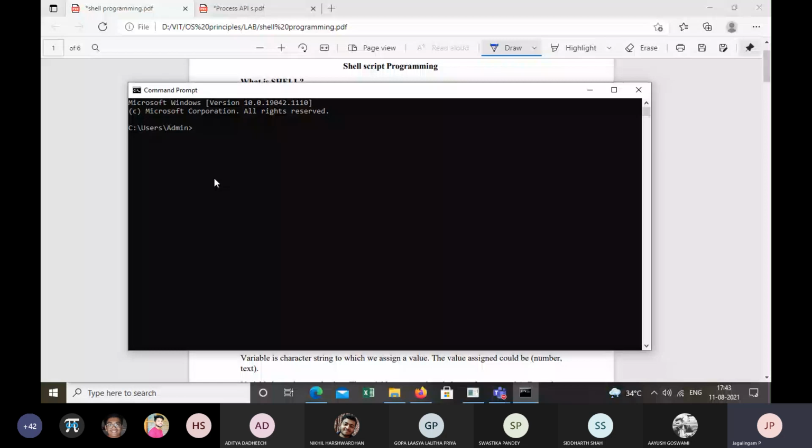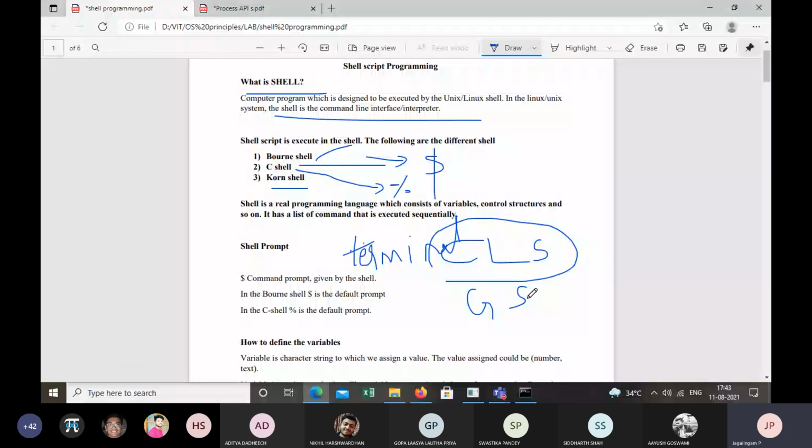Okay, all right. Now, what do you mean by graphical shell? Graphical user interface. So you have options like to minimize, to maximize, to close. All is an instruction. All is a command. In the background, there are some processes executing when you click on this, right? So this is a graphical user interface, right?